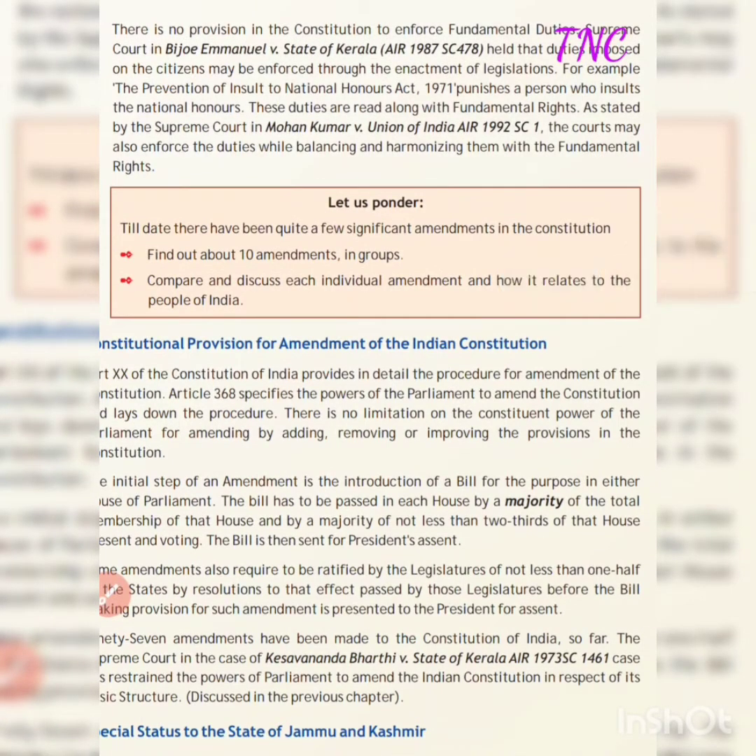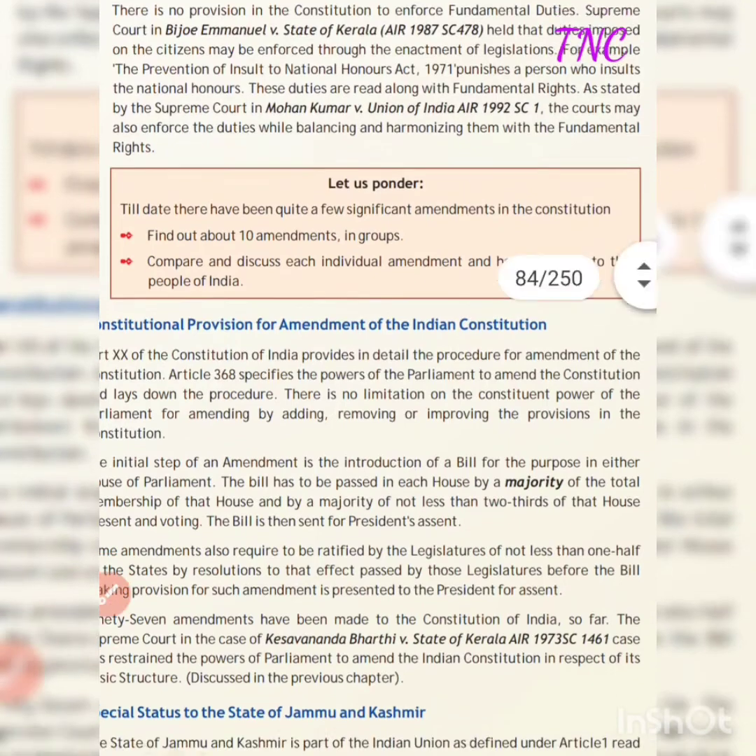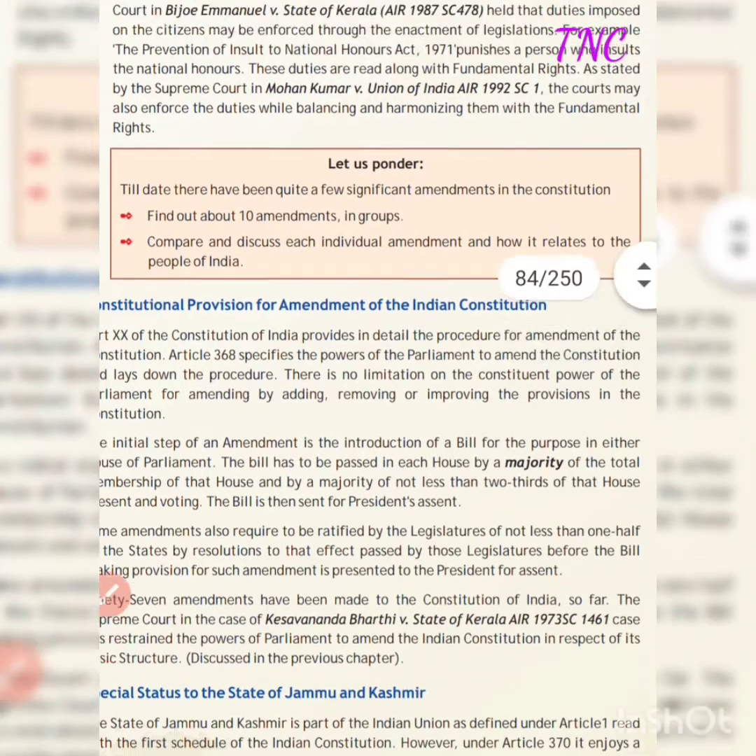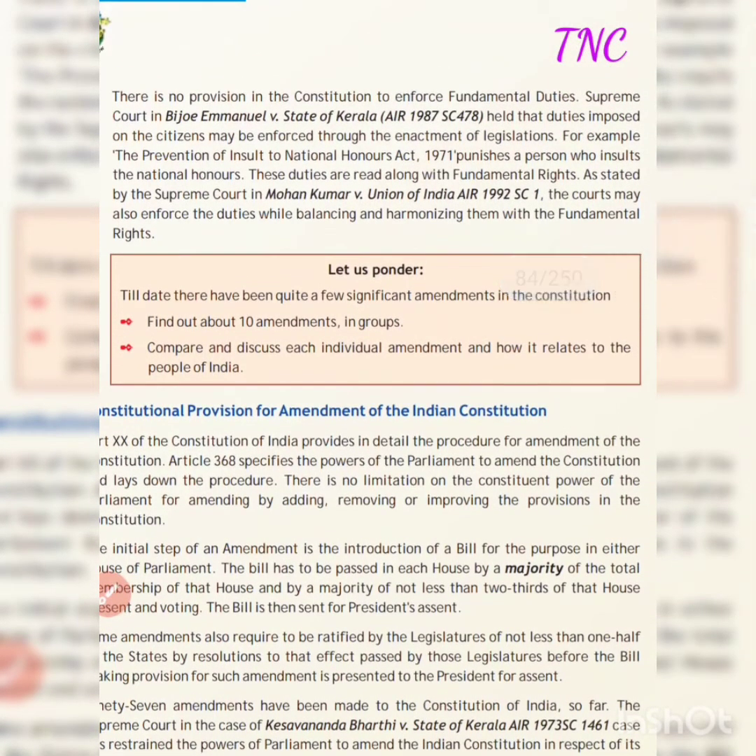So fundamental duties को enforce करवाना, कि अगर किसी बंदे ने national anthem नहीं गाया तो हम बोलें कि नहीं तुम्हारी fundamental duty है, चलो कोर्ट चलो, तुमने क्यों नहीं गाया. तो fundamental duty, like DPSPs, cannot be enforced. So similarly there is no provision as such that will help you to enforce or to pressurize somebody to follow the fundamental duty. Supreme Court in Vijay Emmanuel vs State of Kerala held that duties imposed on citizens may be